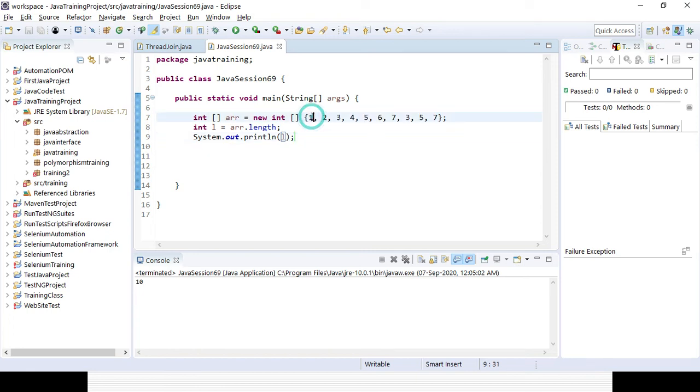Now if you want to validate how many duplicate elements are available in the array, how can you do it, right? First you need to run a loop, which will start with the 0th element and go to the 9th element, the last element, right? Suppose for the 0th element you are picking that element, A0, array 0, right? And then you need to use another loop where you validate all the remaining elements. It will compare, right? Simply check whether that particular element is matching with the other elements or not. In case it is matching, it will give you that element. That is the outer loop, and the inner loop will give you the match.